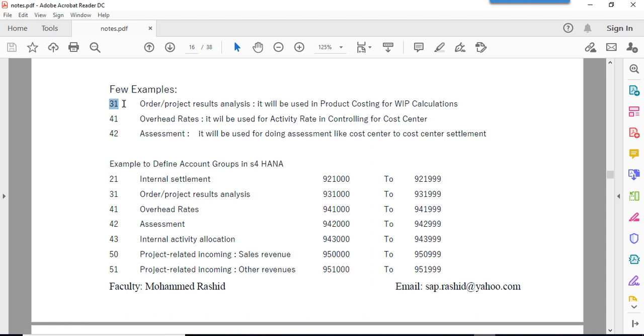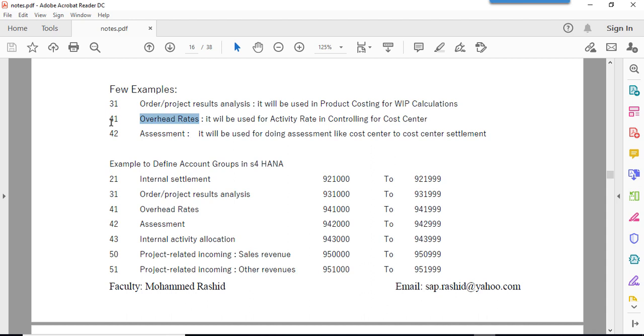This is purely used in controlling. These overhead rates. Overhead rates means 41. Any cost element defined under 41 category will be used for activity rate, for carrying activity rate price in cost center planning, input planning and output planning.